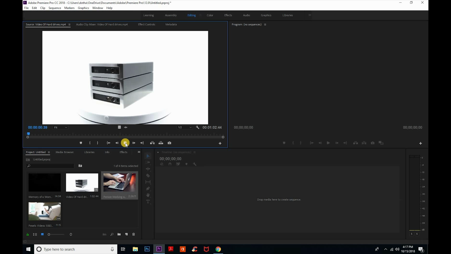Click space, then you can see. Now in here you still cannot edit. The simplest way you can edit this is you drag this to the timeline,